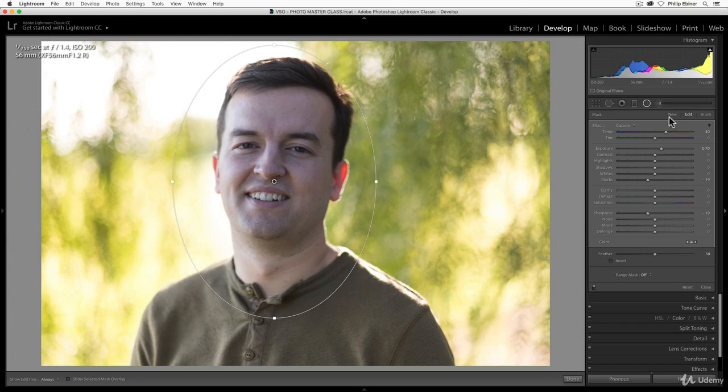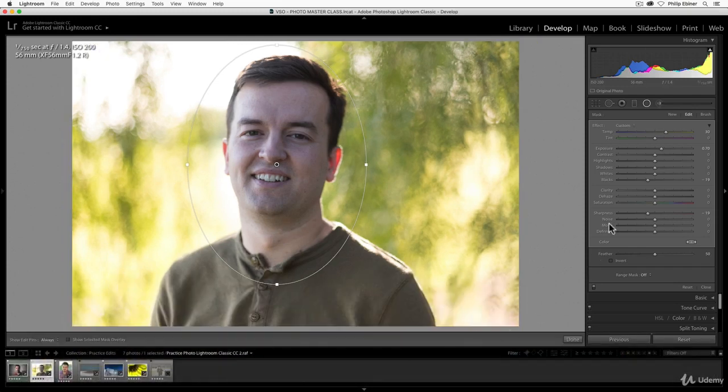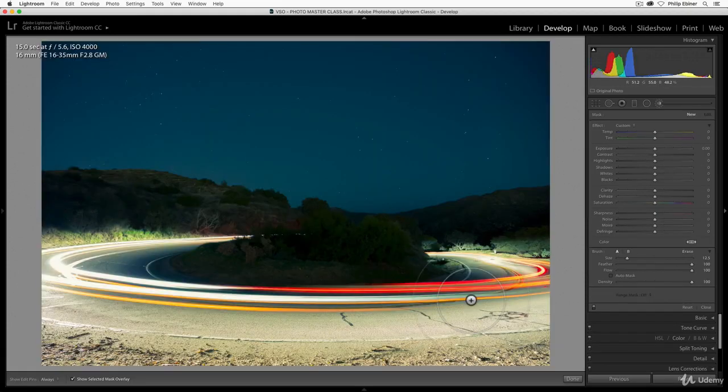Now you'll see these other options like brush, and there's this range mask option. We'll be going over that in the next lesson when we do a little bit more advanced lessons with these things. But I just want to show you now the brush tool. So similar to the other adjustments, the brush adjustment works wherever you brush on, you're going to make those adjustments. So I have show selected mask overlays on so you can see where I'm brushing.